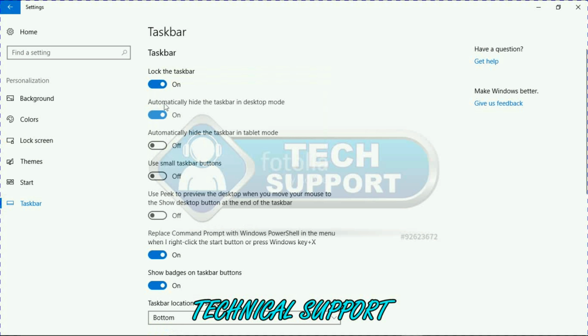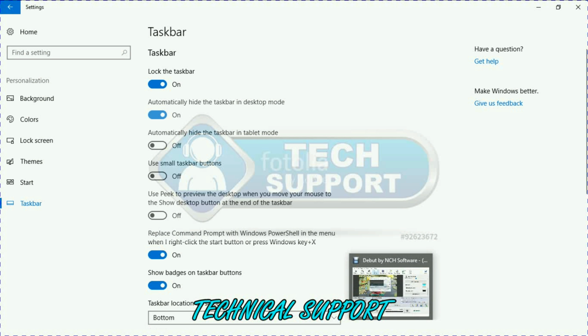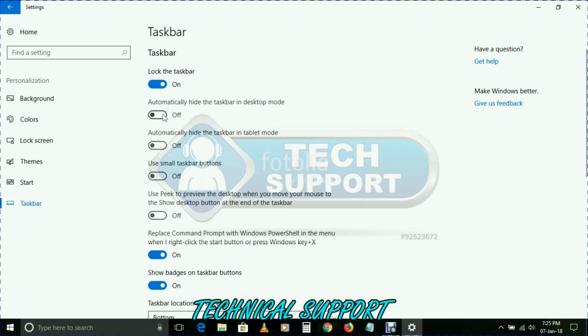Now here you can see automatically hide the taskbar in desktop mode. So now you can see it is a hidden taskbar. Now when you go down, it will open. Just a minute. Okay, now after you turn it off, you can see now it is visible. Now let's turn it on again,